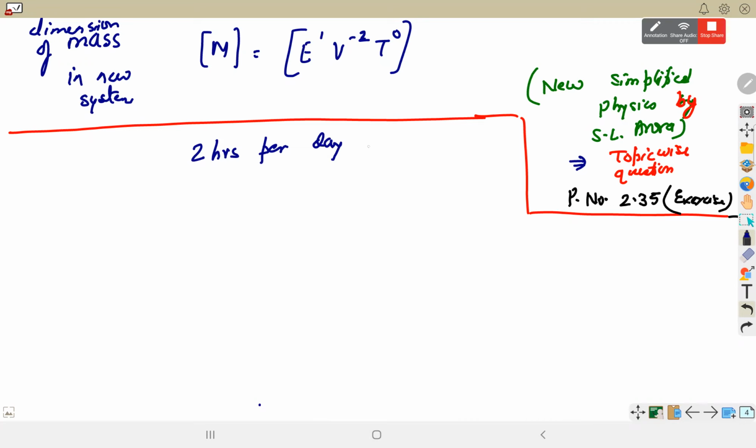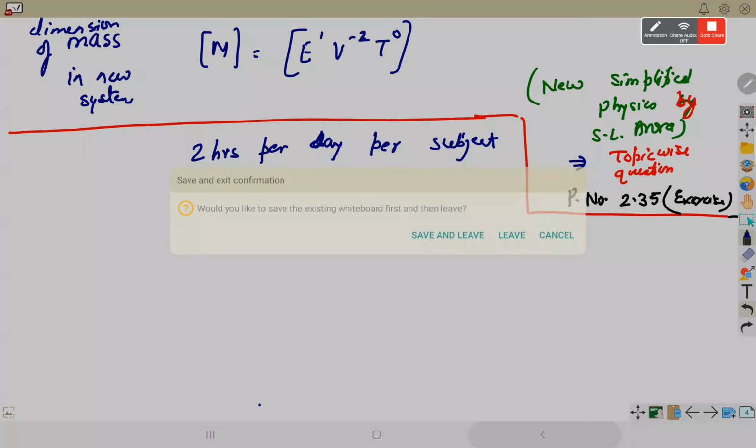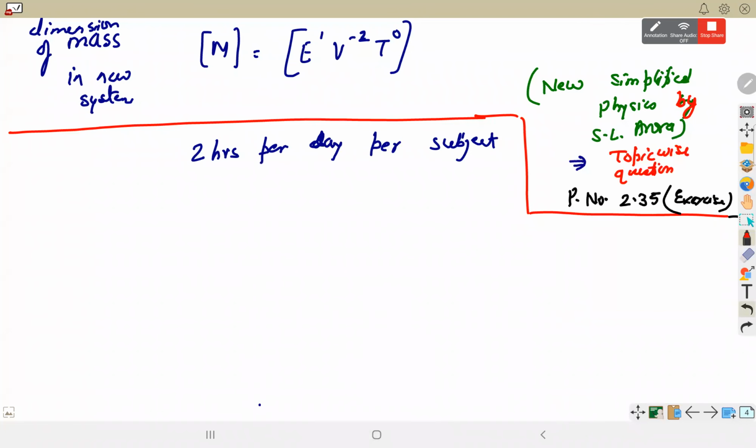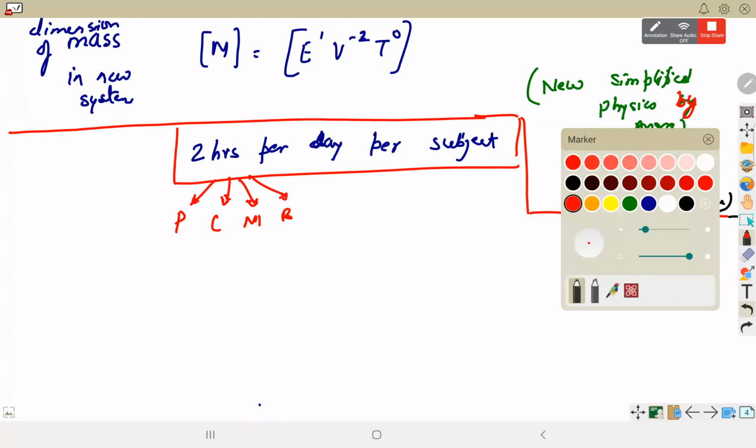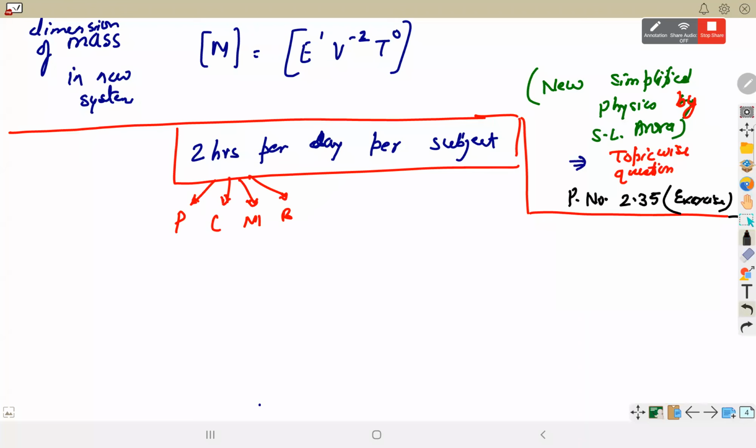This is the bare minimum requirement if you want to stand somewhere and you want to learn something. Obviously competition is getting fierce every day, so if you have PCM, then you're supposed to do 6 hours of self study. If you have PCMB, then 8 hours of self study, and tuition classes and school classes are not counted in these 8 hours.